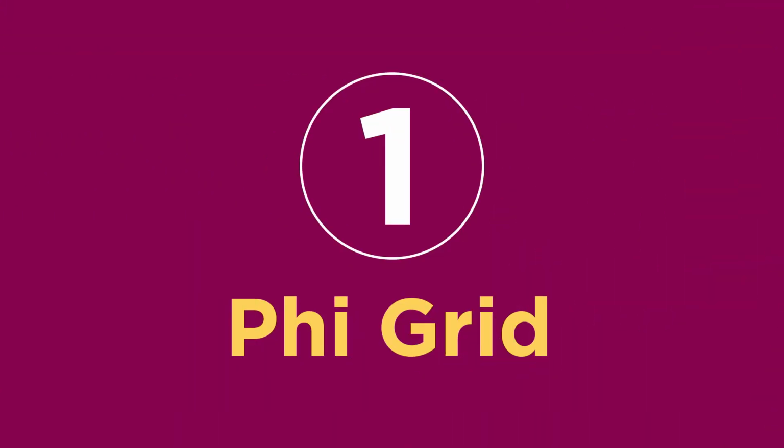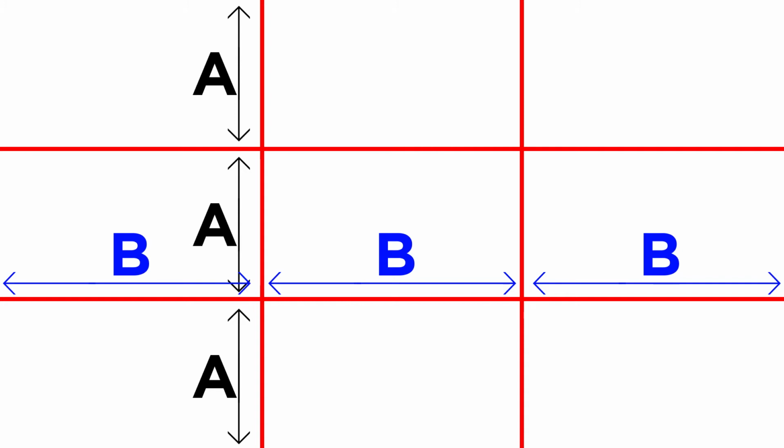There are several ways to include the golden ratio in your photography. The phi grid and Fibonacci spiral are the most common ways. The phi grid is quite similar to the rule of thirds, but there's an important difference. In the rule of thirds, we draw two vertical and two horizontal lines in a 3 by 3 grid, which gives me the ratio 1:1:1, meaning the lines are at equal distance from each other.